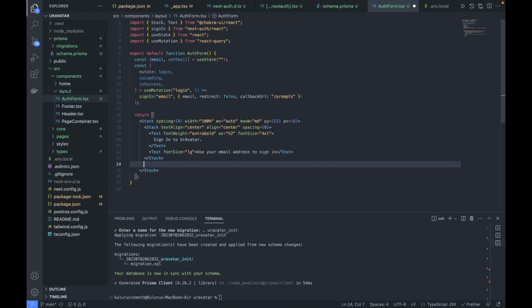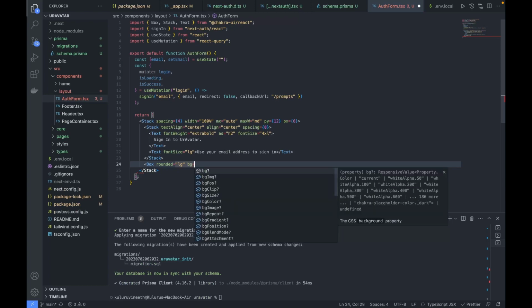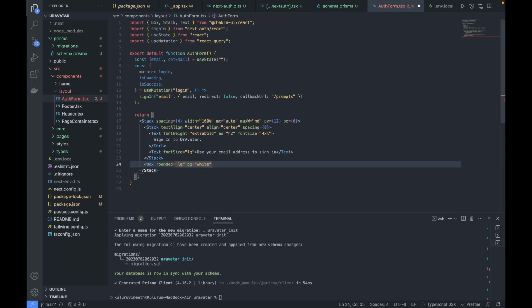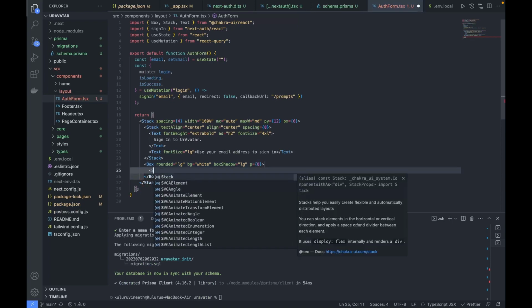Okay, fine. So here I'm going to wrap all of this inside the box container, and rounded I'll make as large, and the background let's keep it as white. Okay, fine. And a box shadow let's make this as large. Okay, and padding in all directions 8. Fine, yeah. After this, inside this stack